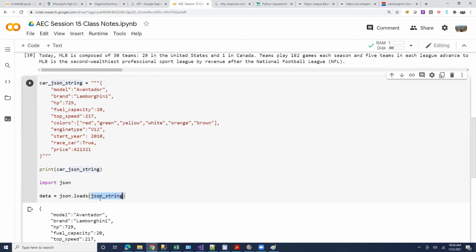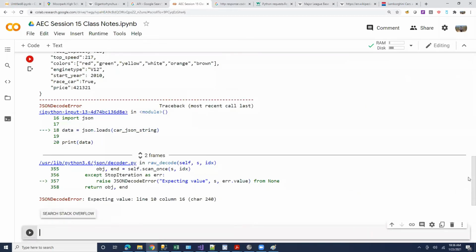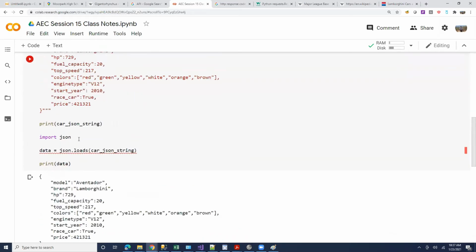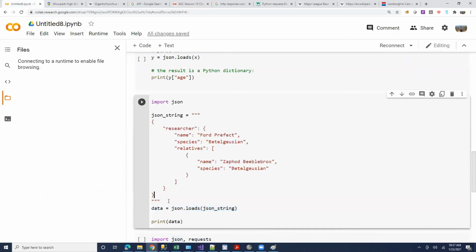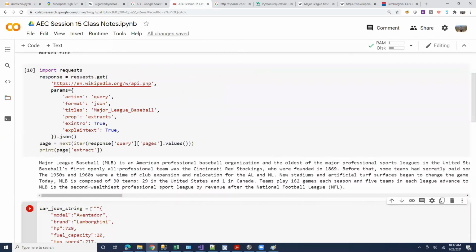So this json module has a method called loads, which can load this into a dictionary. So now let's print car JSON and print data. Oops. Let me take a simpler example of a string. I don't know whether I typed something wrong. We'll take some other example that I've already gotten here. Then we'll compare what I might have typed wrong.